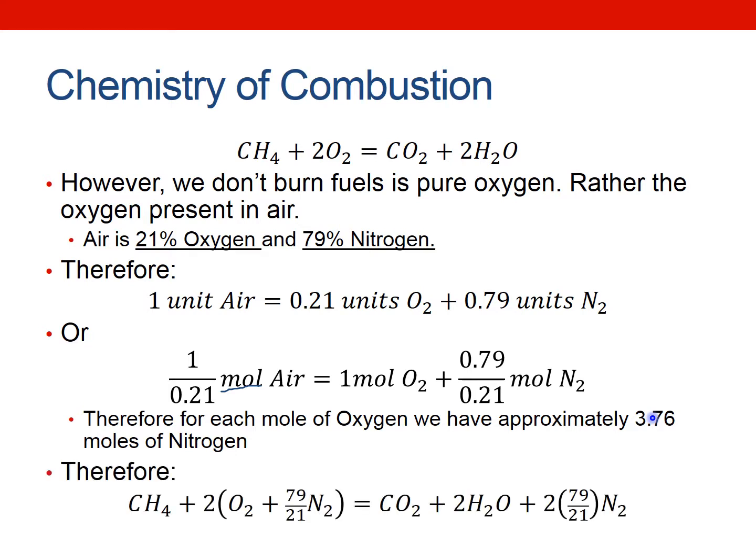So therefore, when we wrote our equation for methane at the top of the slide here, we really had this nitrogen going around with it. So what we had is 1 methane plus 2 lots of oxygen, but with that oxygen we've got about 3 and a bit, nearly 4 units of nitrogen. That gives us CO2 and H2O. The nitrogen doesn't react. Well, it shouldn't do. We'll talk about that later. But this should go through as an inert gas. So on this side we have 2 times this fraction of nitrogen as well.